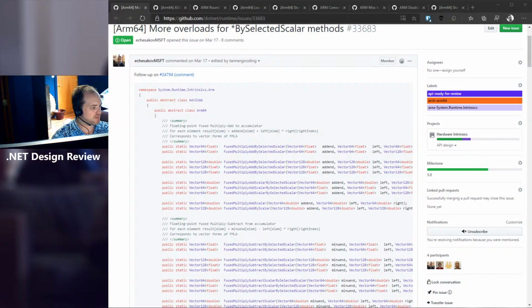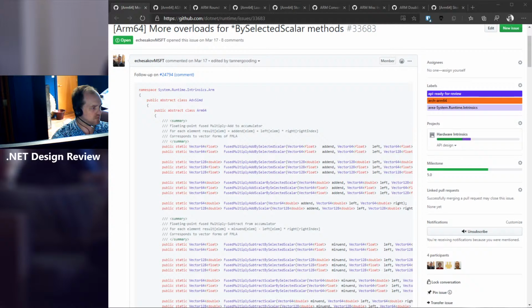Likely copy paste. I think it should be the by select API, selected vector 128 double right. Yeah, right, I think because